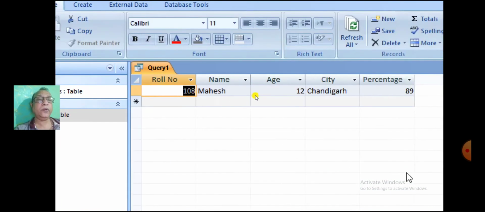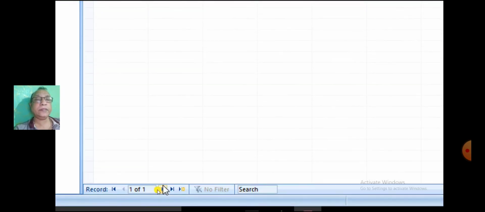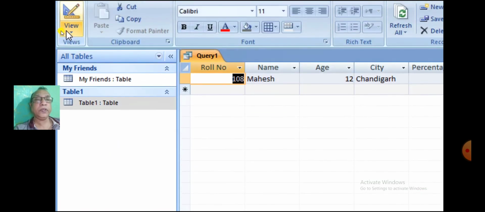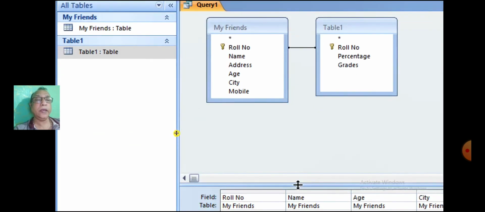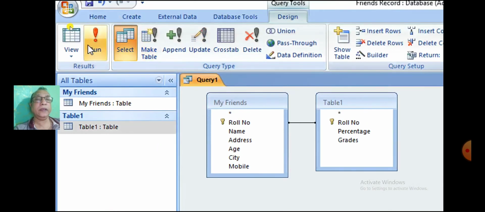It is displaying only one record because we have not removed the previous criteria, which was roll number 108. Remove the previous criteria and execute once again.